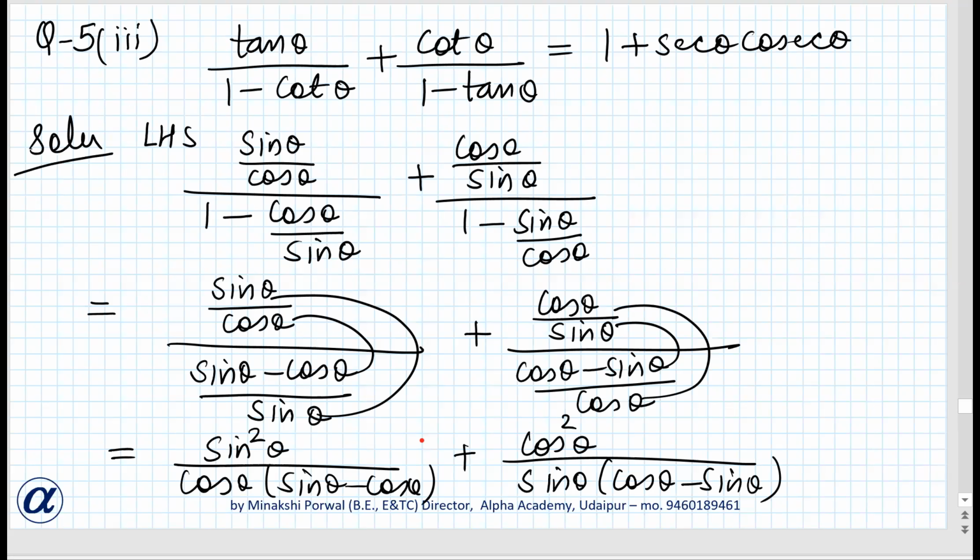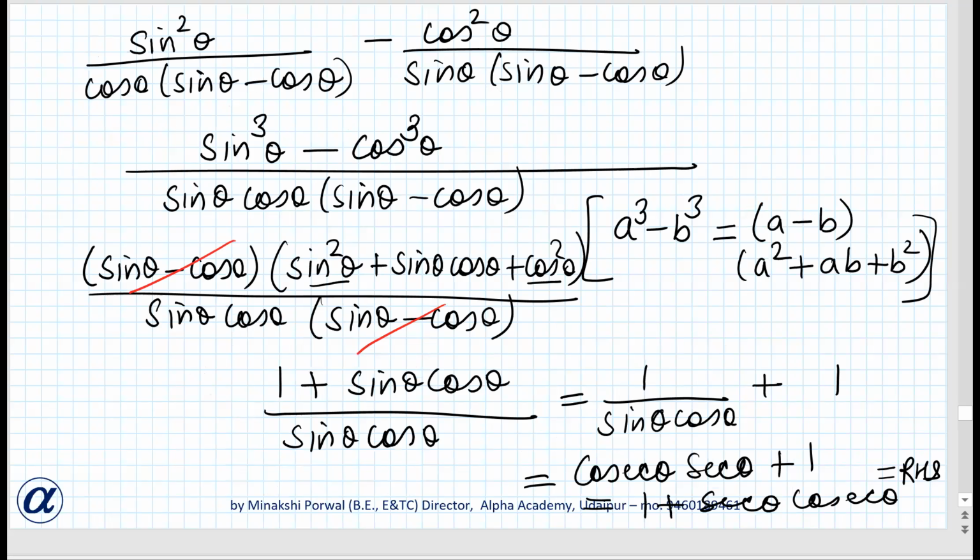Now here we have sin theta minus cos theta and here we have cos theta minus sin theta. So if I take minus common, it will also become sin theta minus cos theta. So basically this minus is in the denominator, so we have taken it as the minus sign for the whole term. Here I have made this minus and made it sin theta minus cos theta. So in the next step, this we have done: taken the minus sign here and made it sin theta minus cos theta.